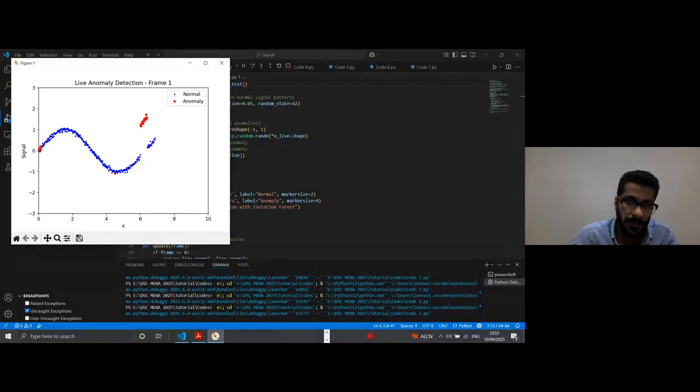I'm here speaking about supervised learning. We can think about unsupervised, it depends on the situation and the problem statement. As you can see here, once we have data which is not aligned, or not within the range of the sine wave, it is detected by the model as an anomaly.